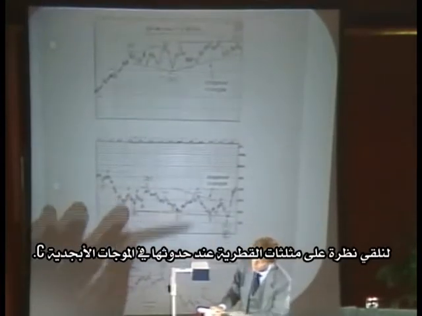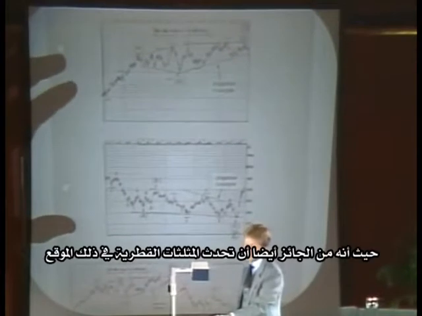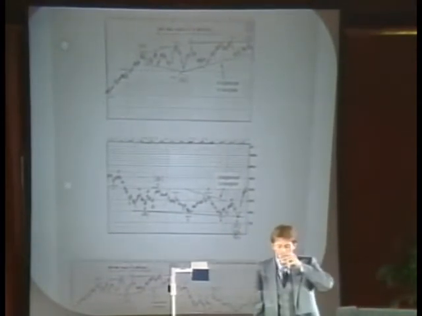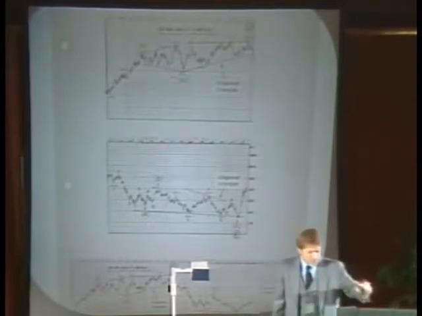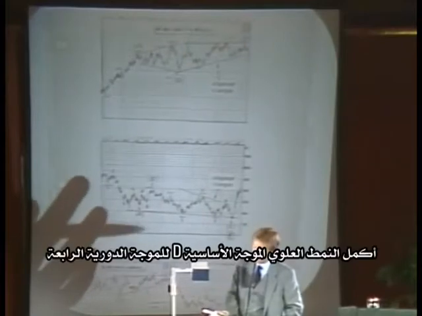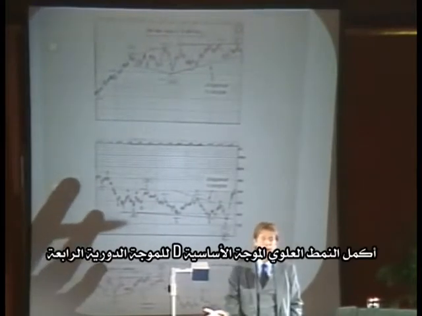All right, now we've taken a look at diagonal triangles as they occur in fifth waves. Let's take a look at diagonal triangles as they occur in C waves, because it's also permissible for diagonal triangles to occur in that position. These are charts of the stock market, 1980 through 1982. The top pattern